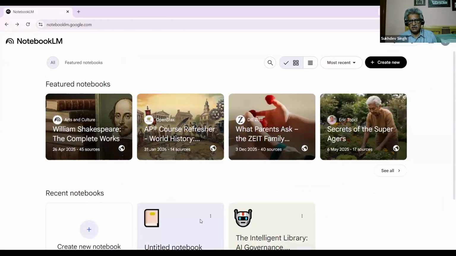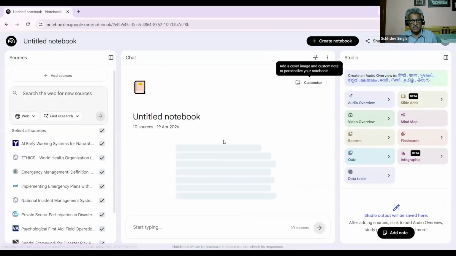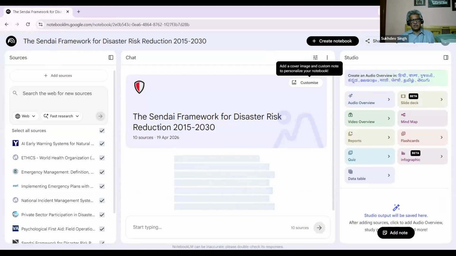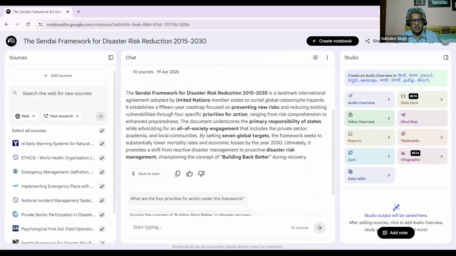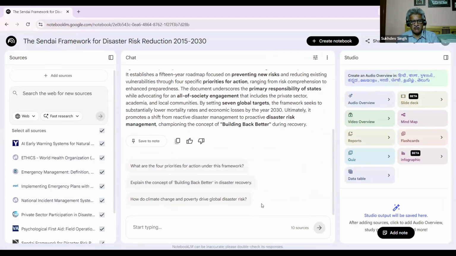And let us see the disaster management thing. So it is here. I have all these 10 resources. It has digested and it has given a very brief summary of all these resources. And we can ask questions. If you have any question, we can. Let us say disaster management